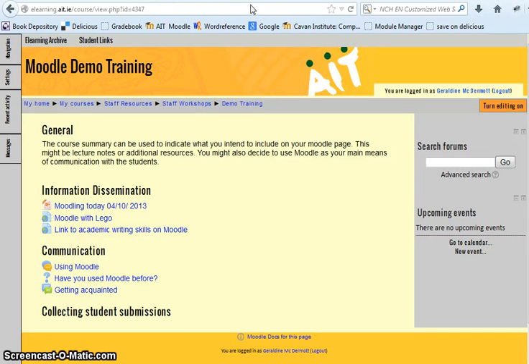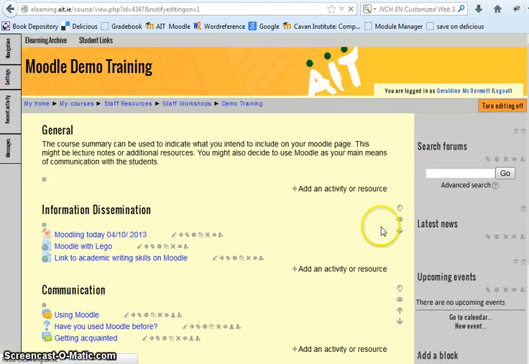This video tutorial will show you how to add a Turnitin assignment to your Moodle page. Turnitin can be used then to check the similarity between the student submission and an extensive database of resources from the Turnitin website. To add the Turnitin assignment, first of all turn editing on, and from the drop-down menu